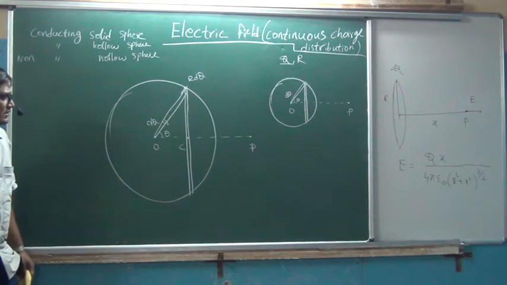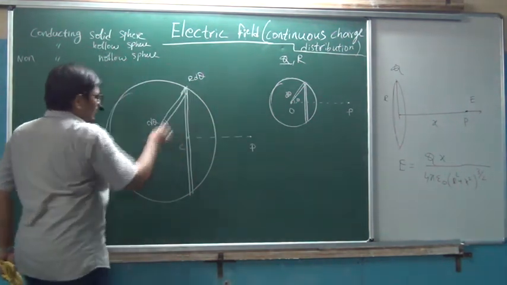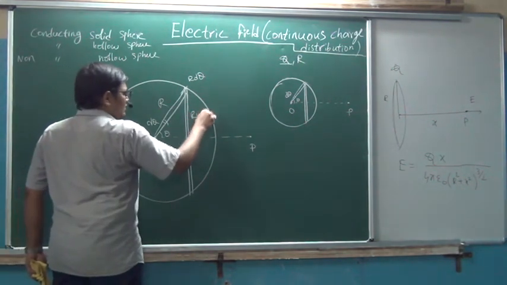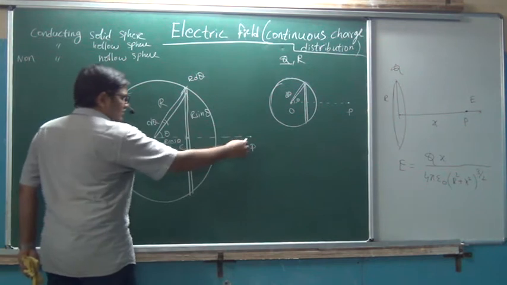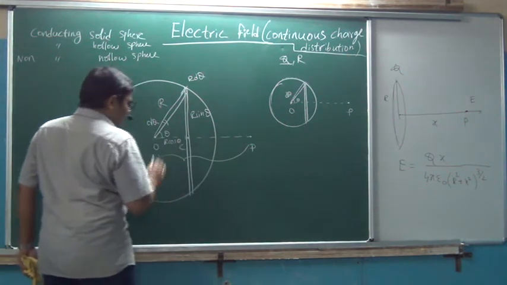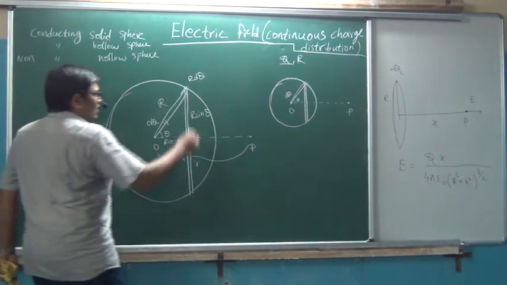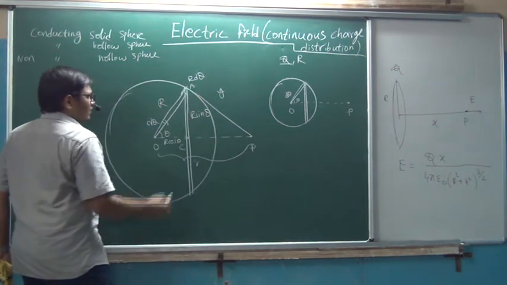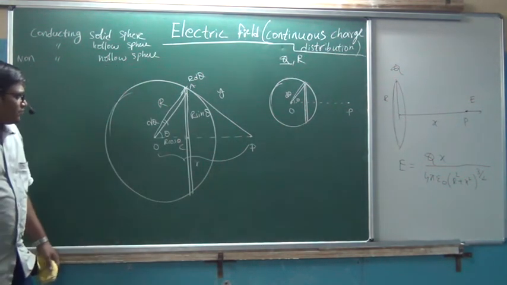We learned all these things in the previous sessions itself. This is a magnified view of this. Just for your understanding, what is this length? We can take it as r. What is this length? We can take it as r sin theta. What is this length? We can take it as r cos theta. What is the distance of this point P from the center of the sphere? Let us take it as small r. And this we shall take as y. This is point A. From A to B, this is y.